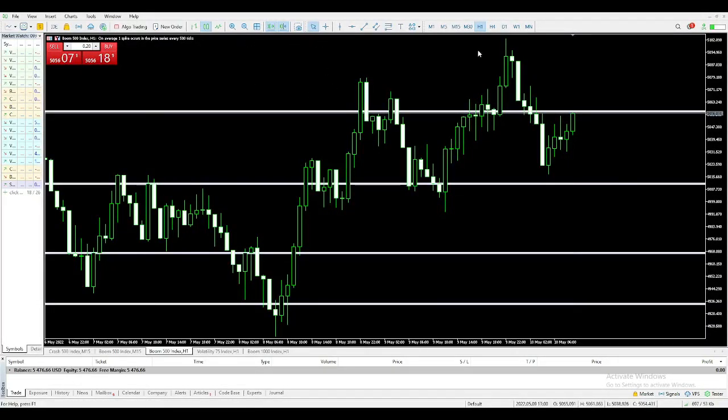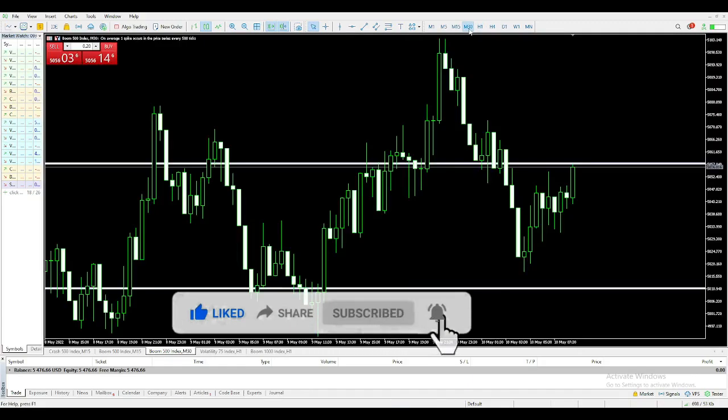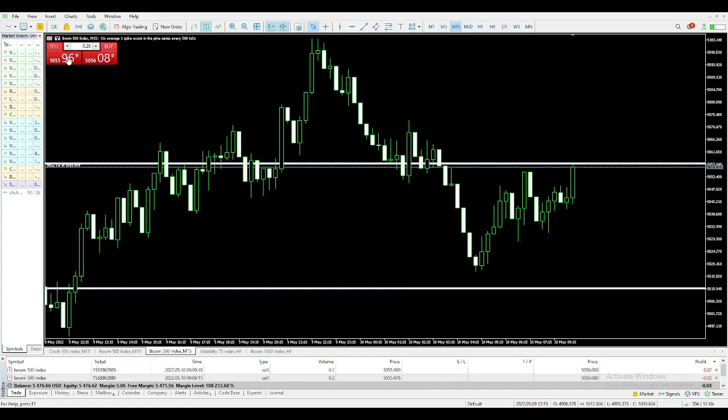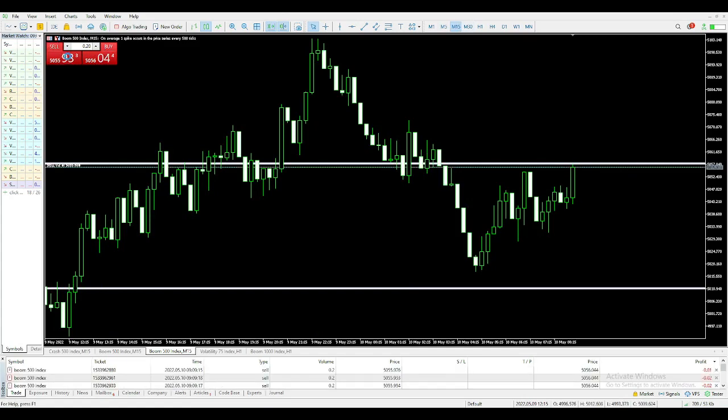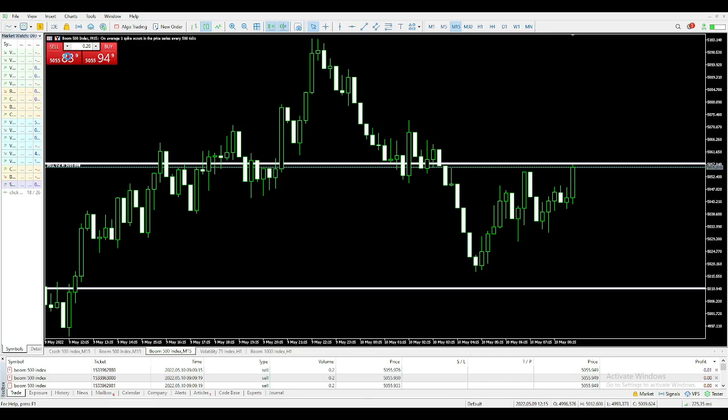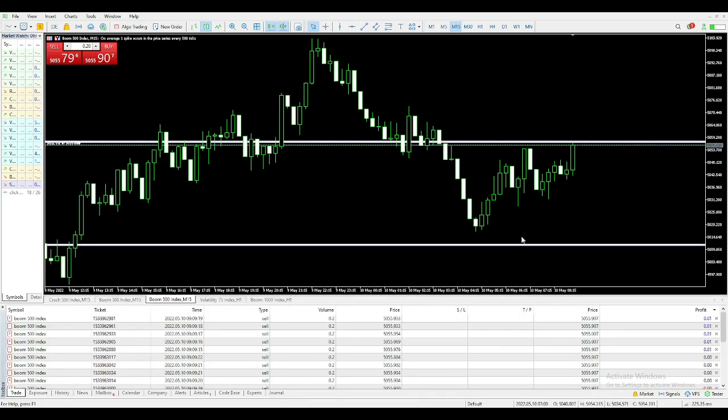Okay, so let's take some trades right in front of you. I think Boom 500 is going to drop. This is the same strategy that I use for trading Volatility 75 index. Again, it's basically supply and demand, support and resistance, whatever you call it. So you can see my Boom candle has touched that level for me. I'm interested in that level, so that's why I took some sales there.